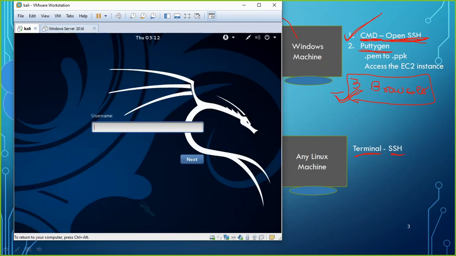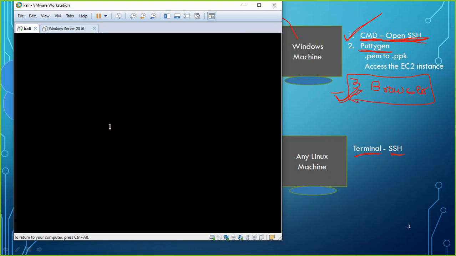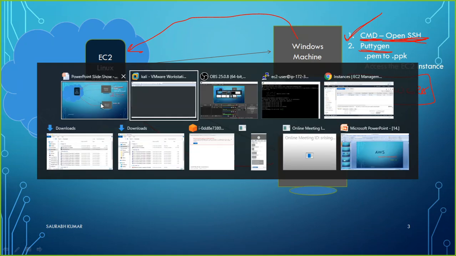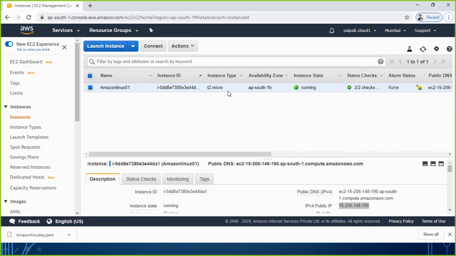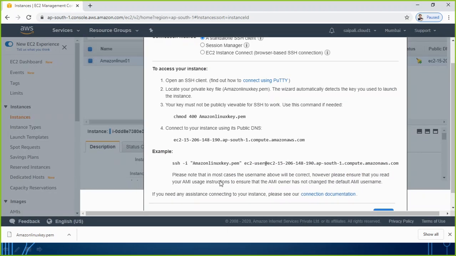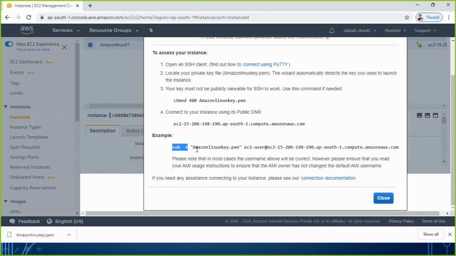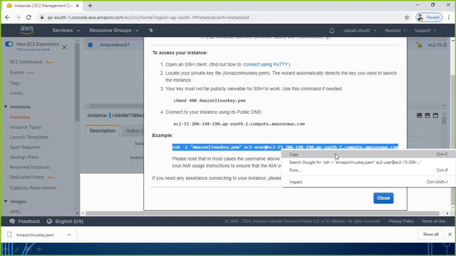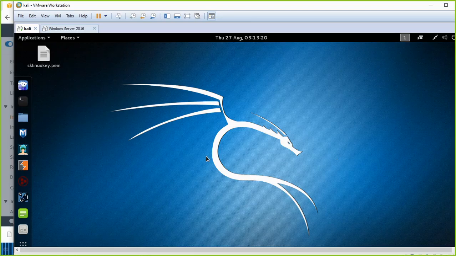Once this machine has started, I am just going to log in here with my credentials. And then, where will I get the command from? I can get the option easily from the console. If I go to my console, it was already showing me when I click on connect. This is the command I need. So again I copy this, and I am going to use this command this time on the Linux machine. So I open the terminal of my Linux machine.